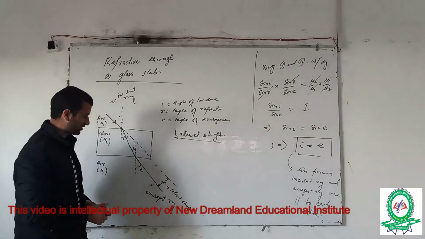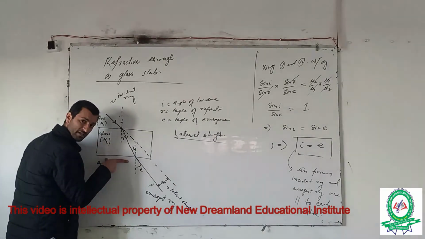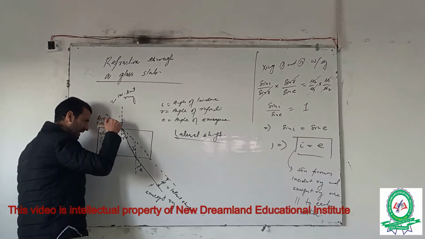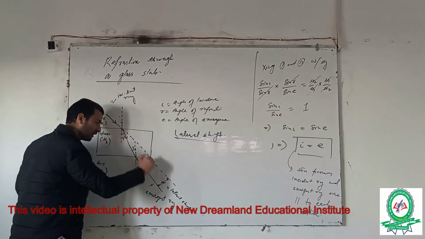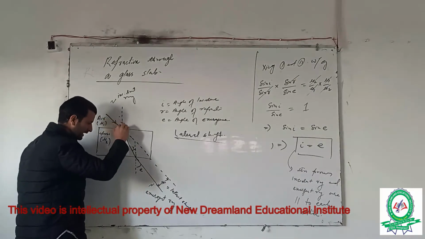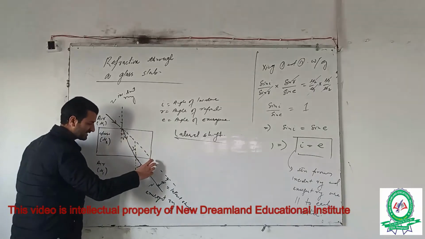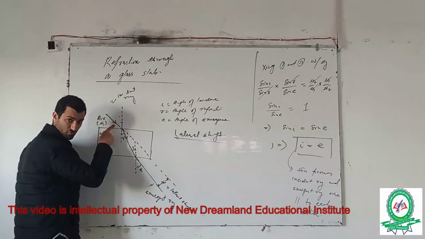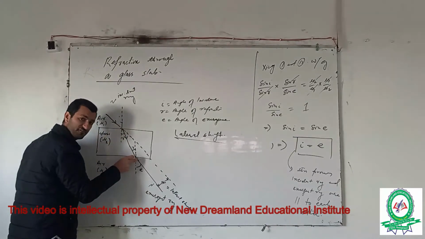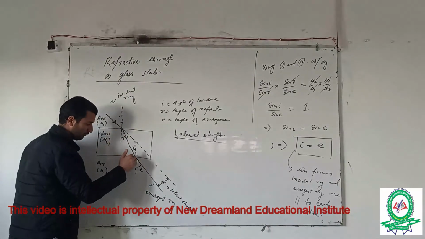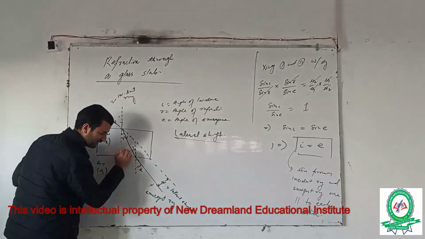या ऐसे भी हम बोल सकते हैं कि if this glass slab were not present, अगर glass slab यहाँ पे नहीं होगी तो this is the path the incident ray would take, or this is the path the incident ray would follow. Incident ray ये path follow करेगी कि अगर glass slab नहीं होगी, but due to the glass slab it undergoes refraction twice. पहले इस ray of light की refraction होगी ये top surface पे, फिर इसकी refraction होगी ये bottom surface पे, और then this is the direction, जिस direction पे ये emerge होती है